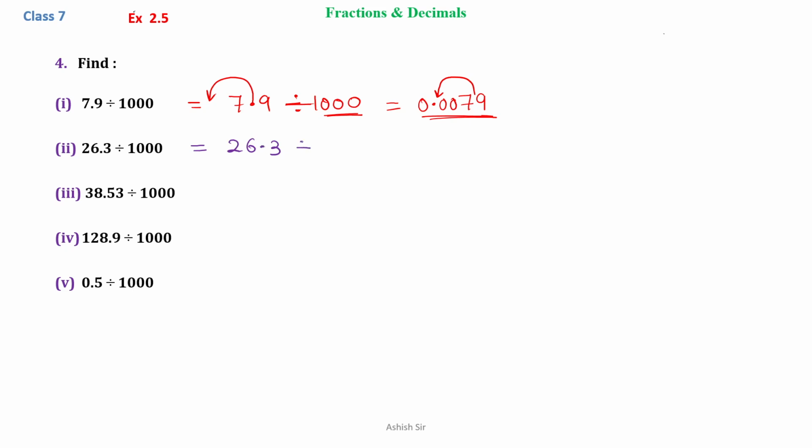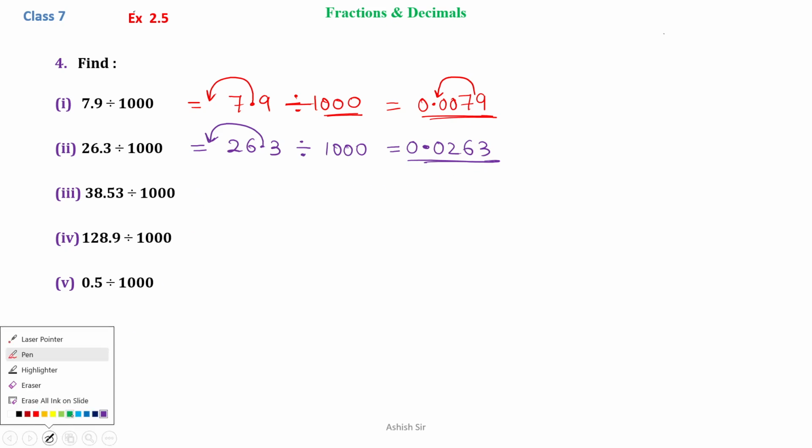26.3 divided by 1000. So again the point will go three digits to the left. In division, the point goes to the left. So there are only two digits, so we need to place a 0. So the point will come here. So the answer will be 0.0263. In the same way, the next one,